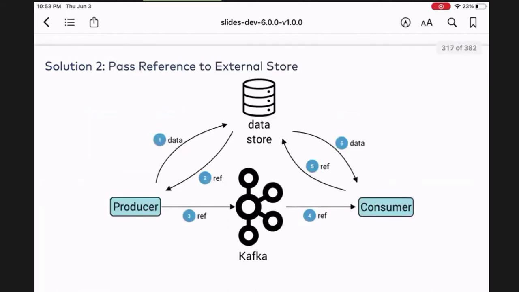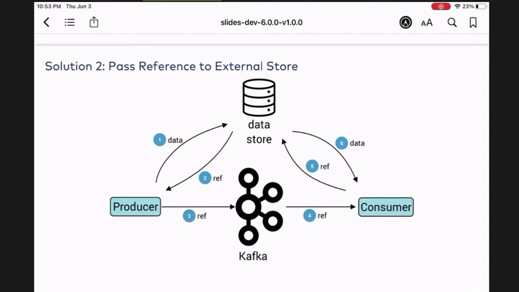The second thing is to pass a reference to an external store. Let's say you're storing the data somewhere like S3, and you just pass the reference to it. So you store the data, get the reference, almost like what we saw with our schema registry. Write the data to the data store and receive that reference. Then you produce the reference record to Kafka, and it goes on step by step.